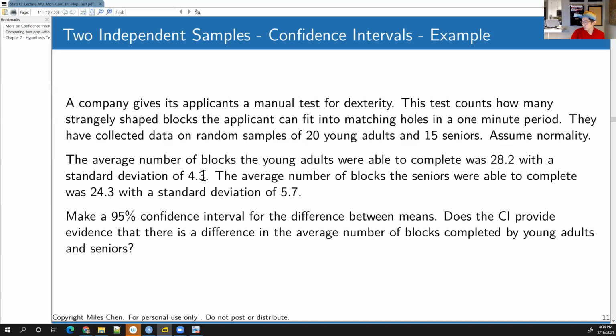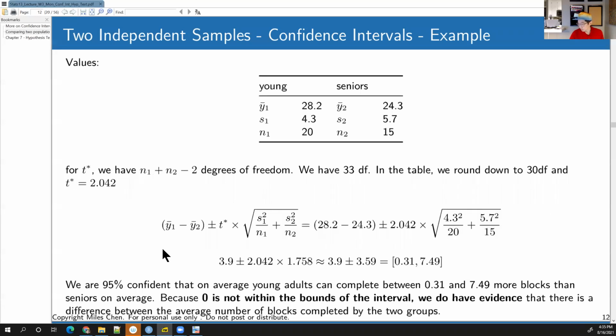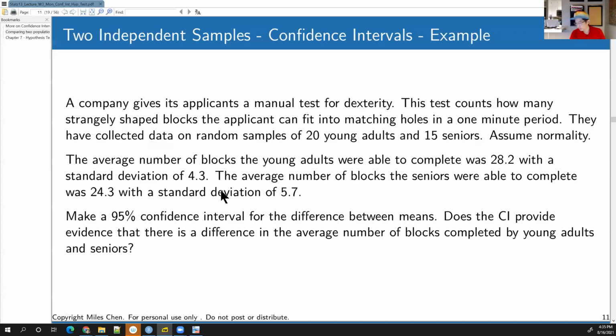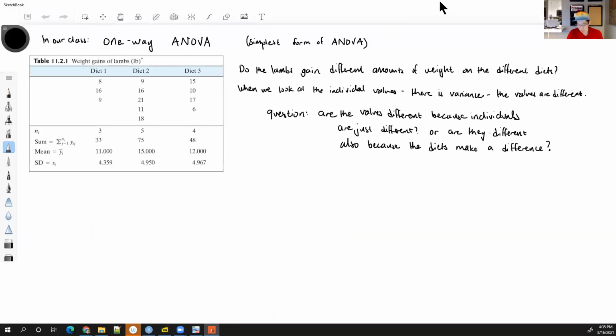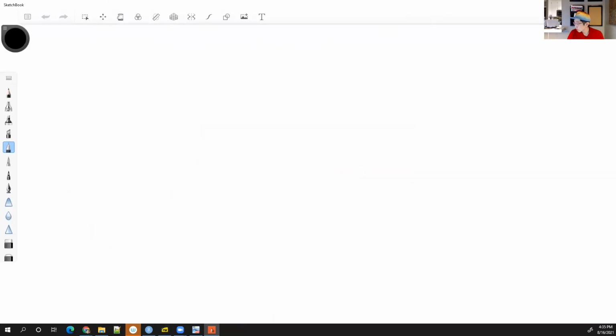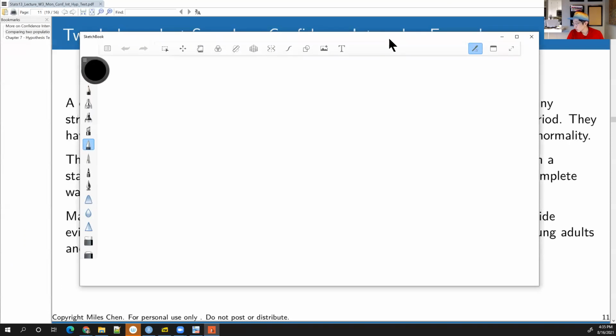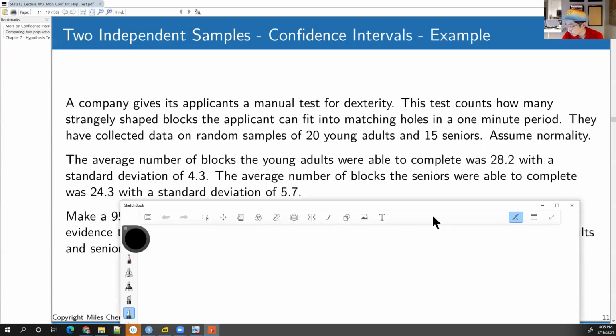Okay, these are the respective standard deviations, and so what we're going to do is make a 95% confidence interval. Okay, so before I just cut straight to the answer, I guess we'll plug in our numbers. Oops, that's the other class. And all right, so let's go ahead and